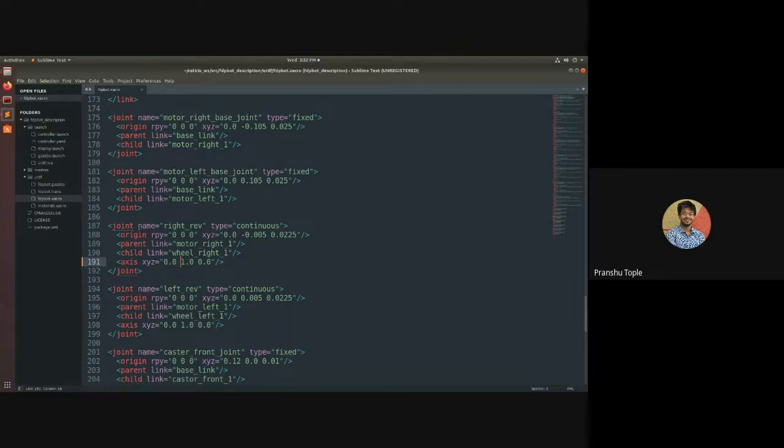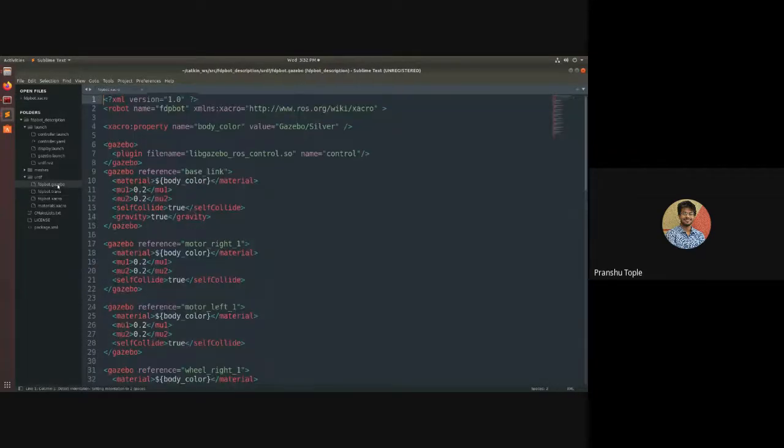The second change you need to make is go into the fdpbot.gazebo file, which is in the URDF folder. Open that file. Here, first of all, you can see there is a body color property given and it is set as silver. You can have whatever color you want. If I want it to be a wood texture, I can say wood.